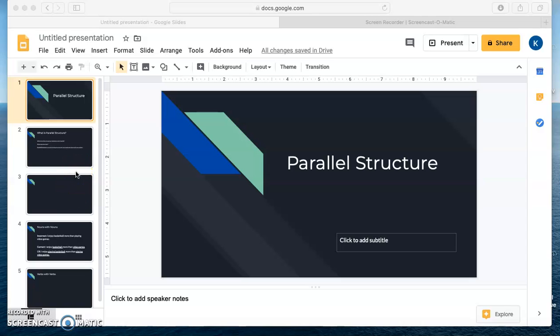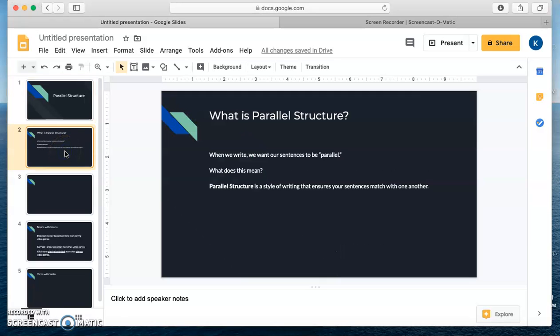Now, some of you might not have ever heard this phrase parallel structure before, and that is perfectly okay. So first we need to go through and understand what is parallel structure. When we write, we want our sentences to be this strange phrase, parallel structure. So what does that mean? Well, it's a style of writing that ensures that your sentences match and line up with one another. I know that doesn't really help very much, and we're about to see some examples, but first I want to draw